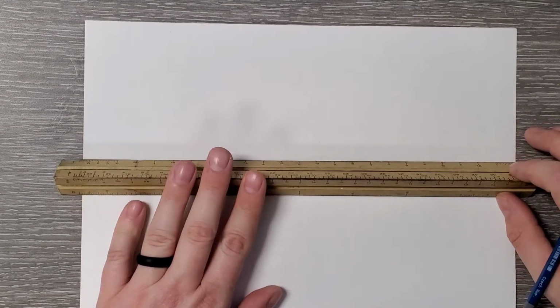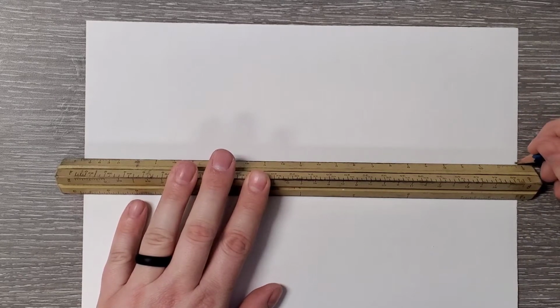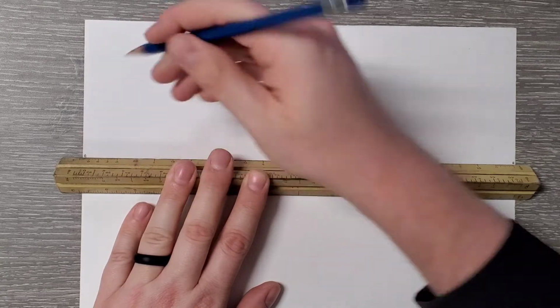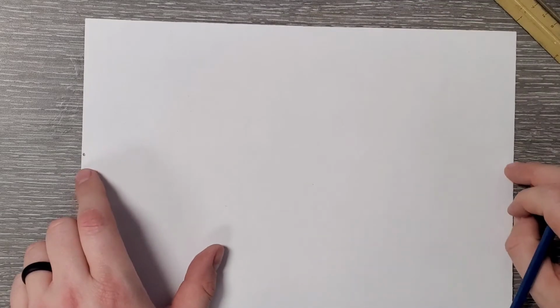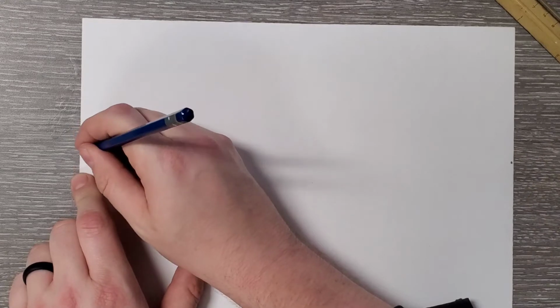I'm going to go ahead and place the horizon line around here. I'm not going to draw it on the paper though, and I recommend that you don't either, because you're just going to have to erase it later. But I am going to imagine one right here. I'm going to go ahead and put my vanishing points right here as far apart as possible. And then I'm going to see if I can begin this abstract work of art